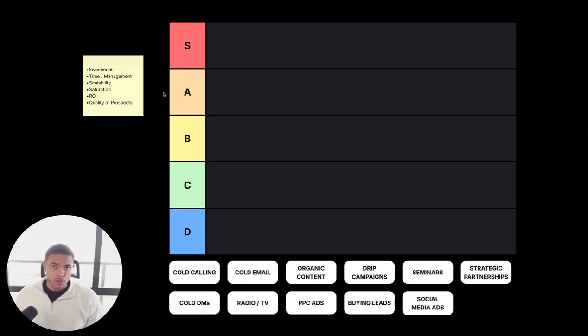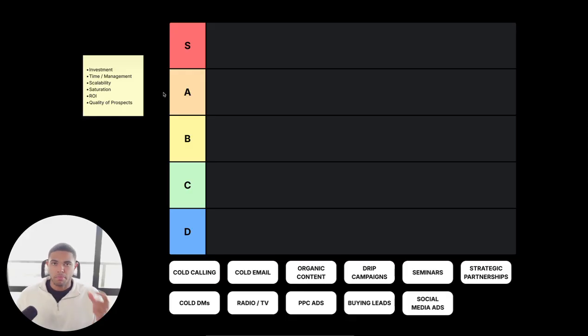How many people are utilizing this system? What are the results they're getting? Is it saturated? Is it competitive? What that looks like. Then we're going to dive into the ROI. What is the typical ROI? Does a little bit of cost or investment generate a large outsized return, or are we kind of just breaking even, right? And then obviously the quality of prospects that you're going to get from these different acquisition methods,